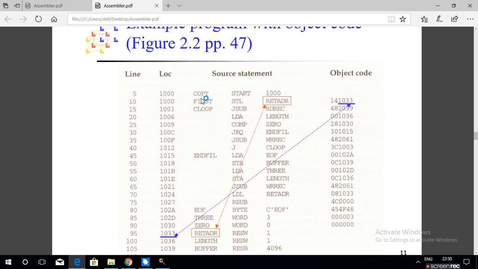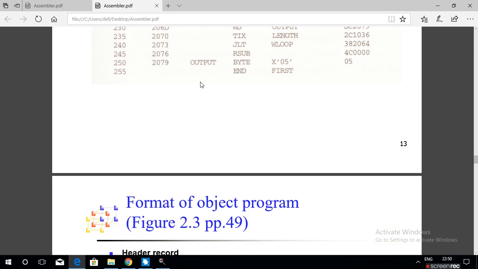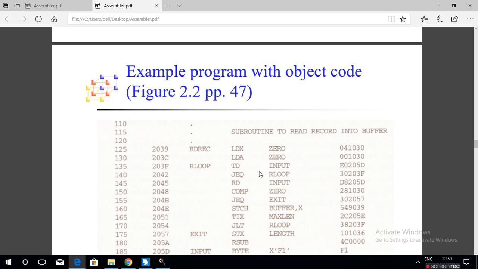The program starts here and it ends here. This is the assembly language program for the SIC assembler. You know assembler converts an assembly level language program to object code.